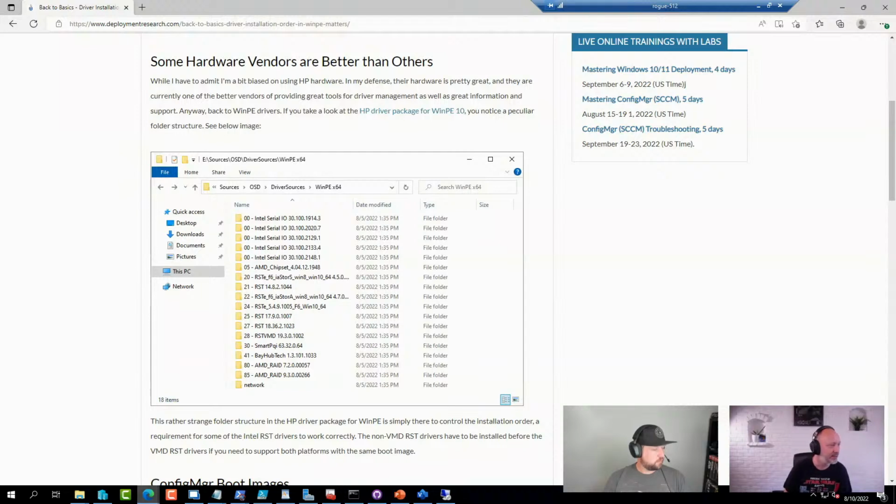So let me see what else came in. Do you happen to know a good source or blog discussing application, packages, sequences, deployment, high-level workflows? I think I've seen one.